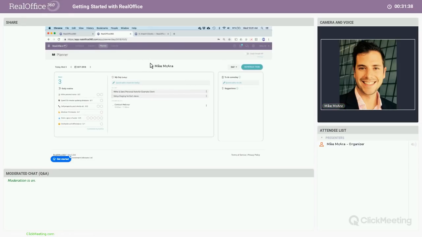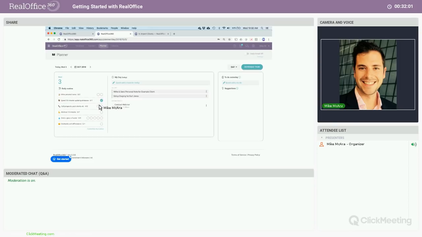So in my daily planner, you'll see a couple things. It's Wednesday, October 3rd, and I've got my routine over here. Every day you'll have this daily routine. Now, this is a default routine that we've curated from all the industry coaches and brought together: what are the most successful agents doing? So we curated that, put it together as a routine,